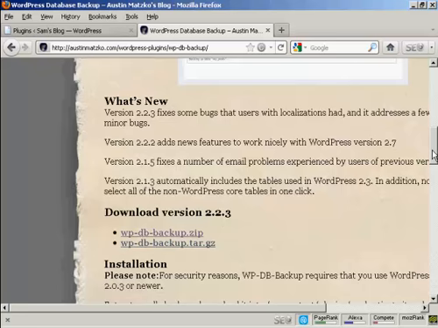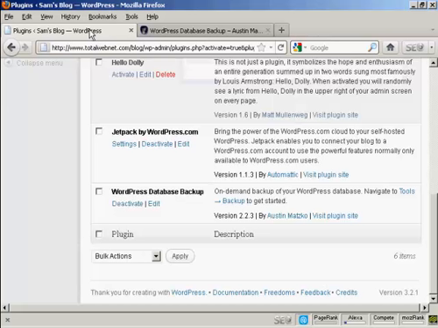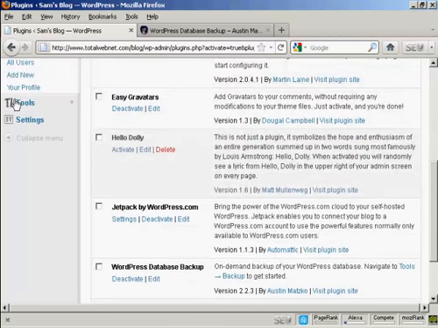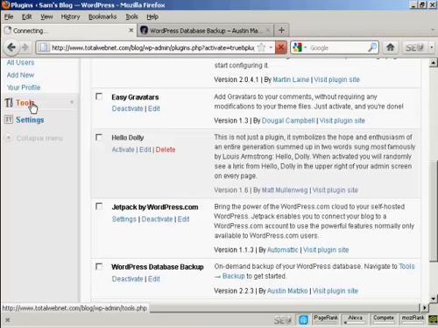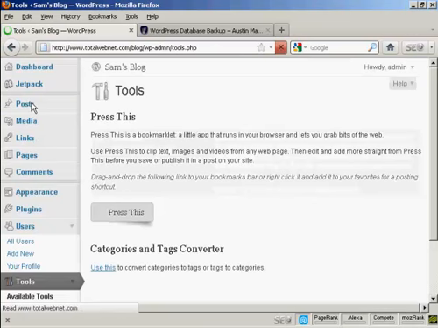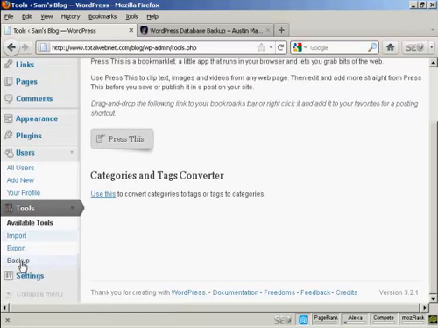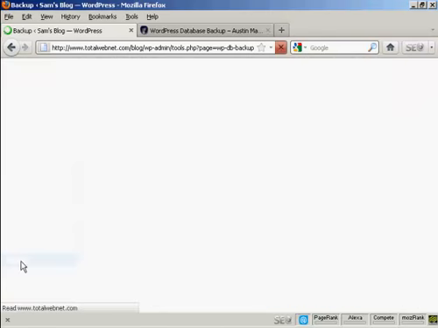And you have to download this and install it manually and then activate it, and once it's done you'll see it here in your plugins menu. And you'll also, when you click on Tools, when it comes down to Available Tools, you'll see here it says Backup. So click on there to configure it,